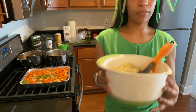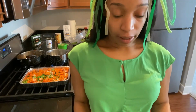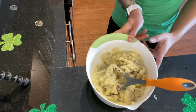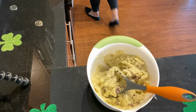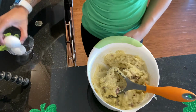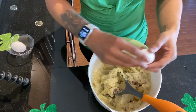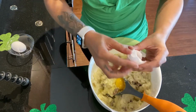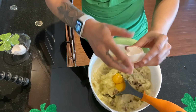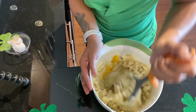All right, guys, so we have our potatoes mashed. We've added salt, butter, and milk. The next thing we're going to add is our eggs. That way these potatoes are solidified, and when we bake our shepherd's pie, we get a nice slice, and the pie's not falling apart as we're trying to cut that and serve. And we're just gonna mash these right in, just like we did the potatoes, until they're smooth and mixed and